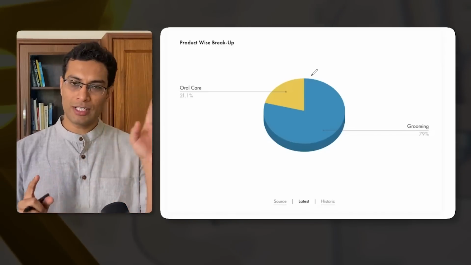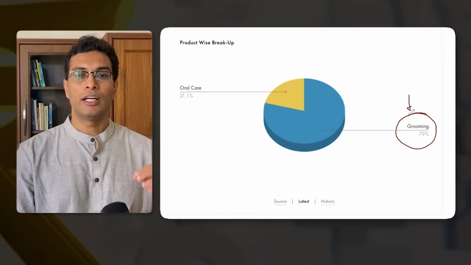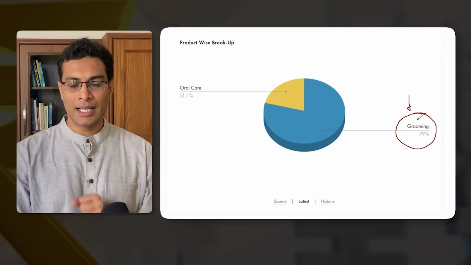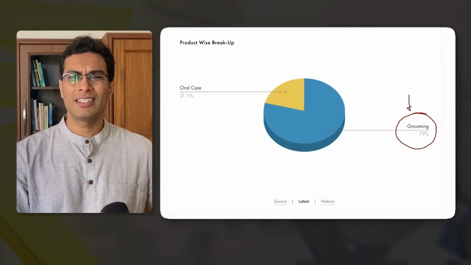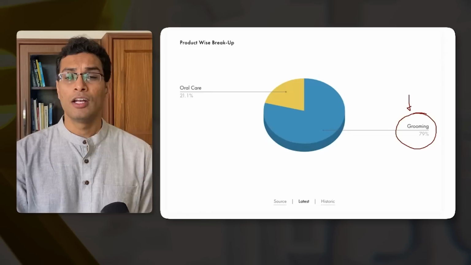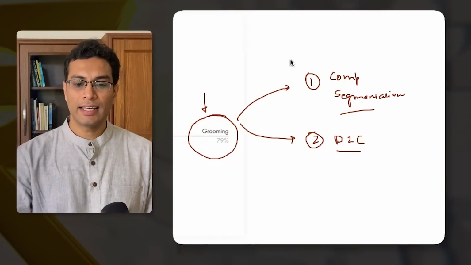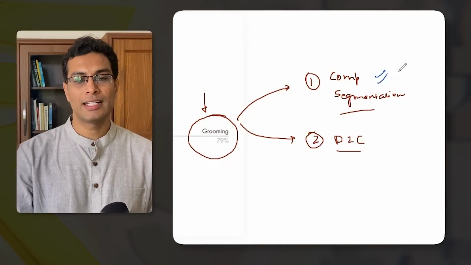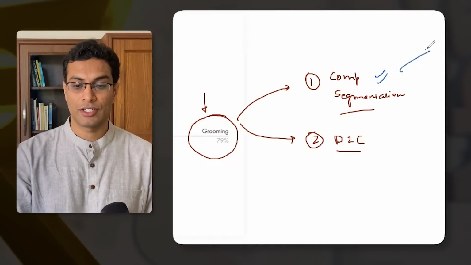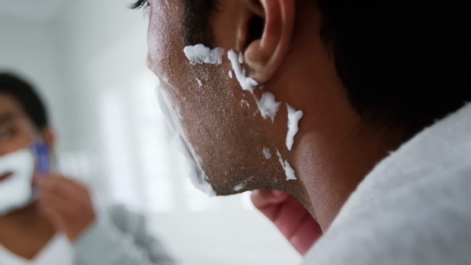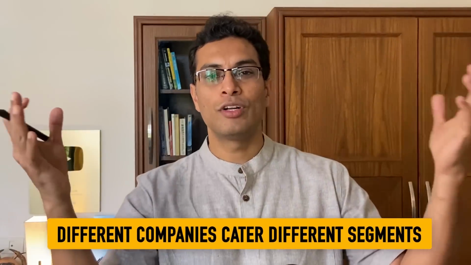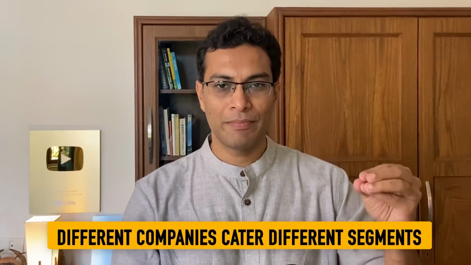There are two critical reasons that I can think of. First and foremost, take a look at this chart, and what you will see is that almost 80% of Gillette's business comes from the grooming segment. Now grooming means what? Beard shaving products, beard oil, this and that. Two things have started to happen in this space. The first key thing is that there is competition segmentation. What is the meaning of competition segmentation? For example, you have the female shaving range, then the men's shaving range, then some beard oil. All these different categories are getting segmented into different companies. There are highly niche companies that have come out.